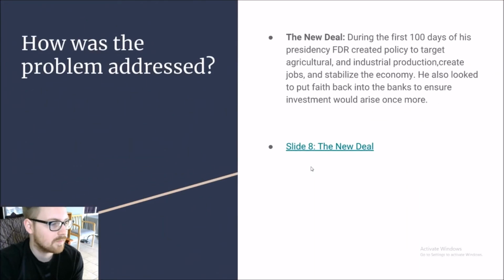Okay, so how was this problem addressed? There were a lot of issues and underlying causes, like I said before. During the early days of the Great Depression, Herbert Hoover was the president of the United States, and he did a lot of things that economists now would disagree with. For example, he introduced a lot of tariffs, which